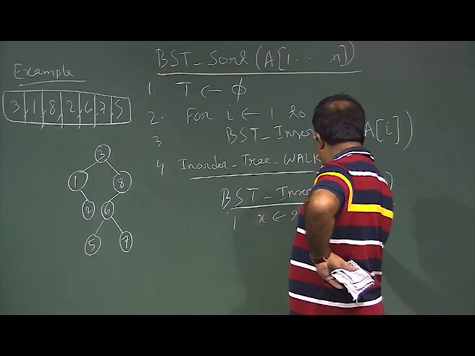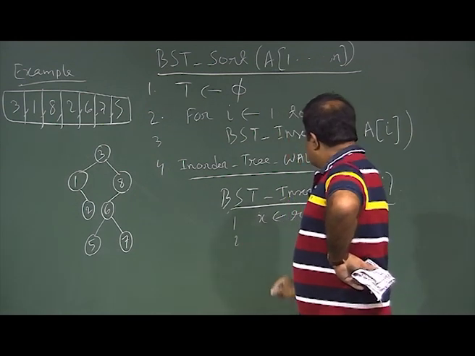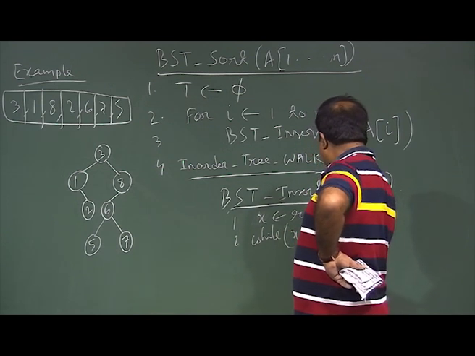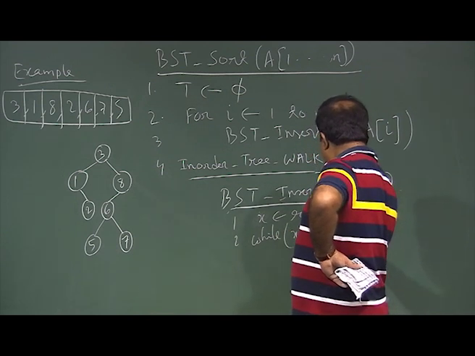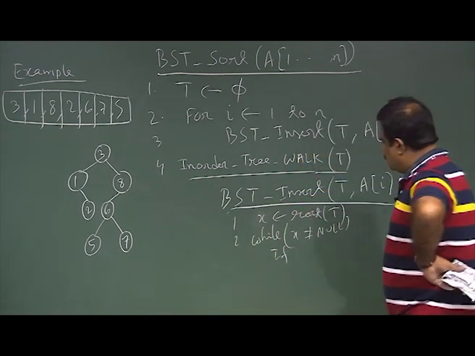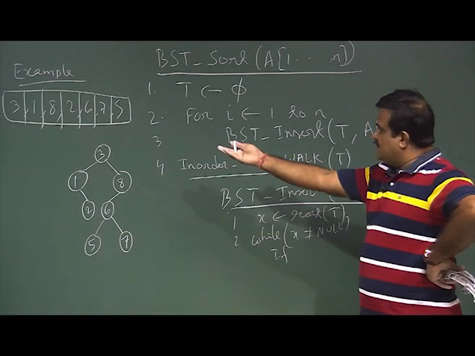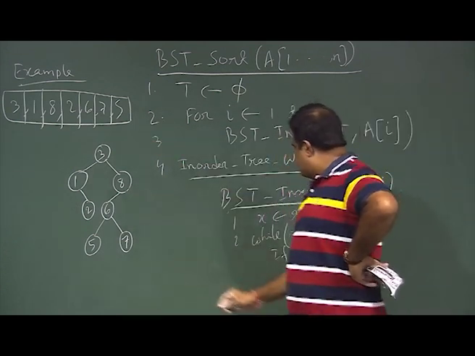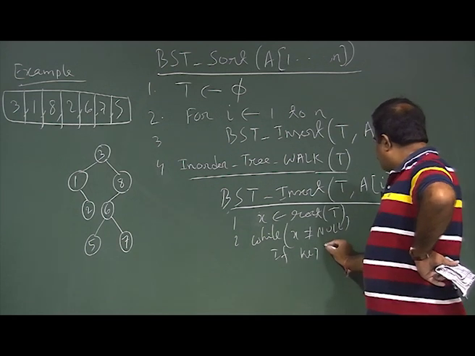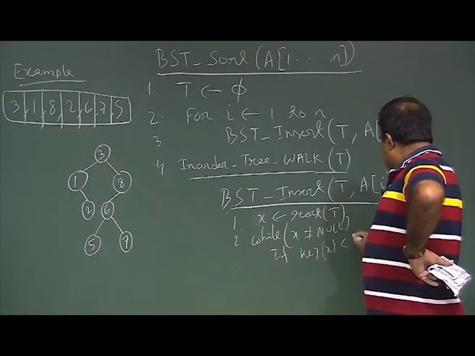Initially root is empty, root is null. While we are not reaching a null, while x is not null, we do this. If the key of x, key means here the values, so we are going to insert some number ai. If key of x is less than ai,